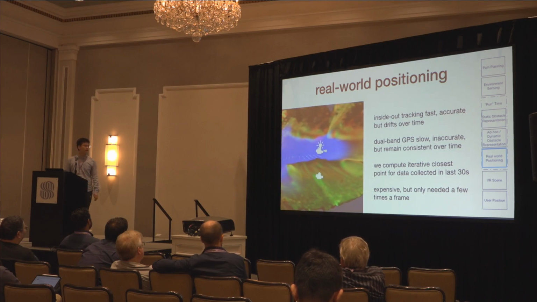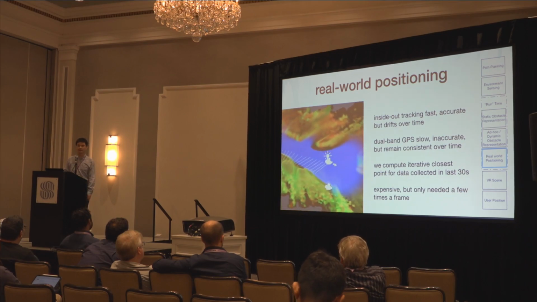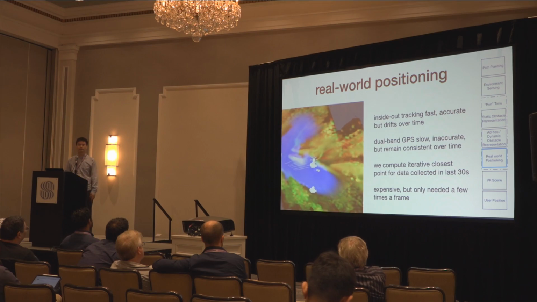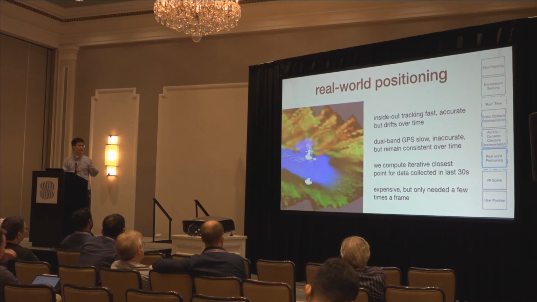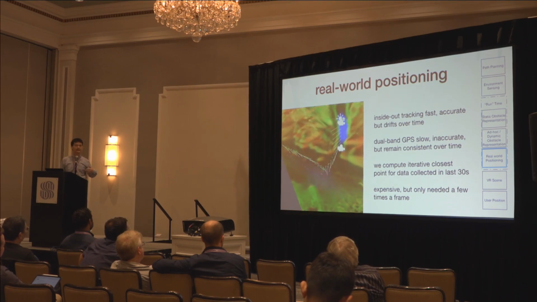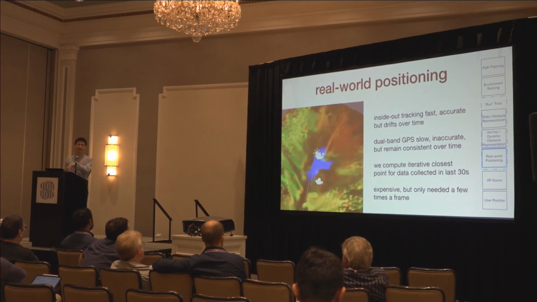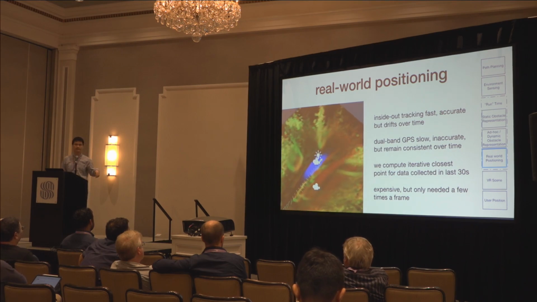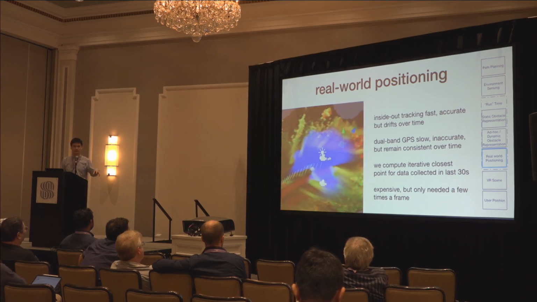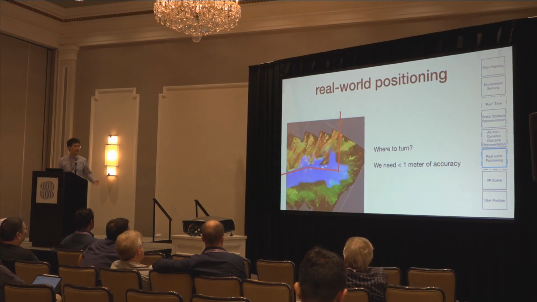So the first thing we do is we have a GPS, which is slow and inaccurate, but remains consistent over time, and we have inside-out tracking, which is fast and accurate, but drifts over time. We do iterative closest point to map the inside-out tracking data onto the GPS data, and then we basically project the VR tracking space into the GPS tracking space so that it can maintain consistent tracking over time while also giving us fast and accurate response. This can get us accuracy around 2 to 3 meters, while we actually need less than 1 meter of accuracy,